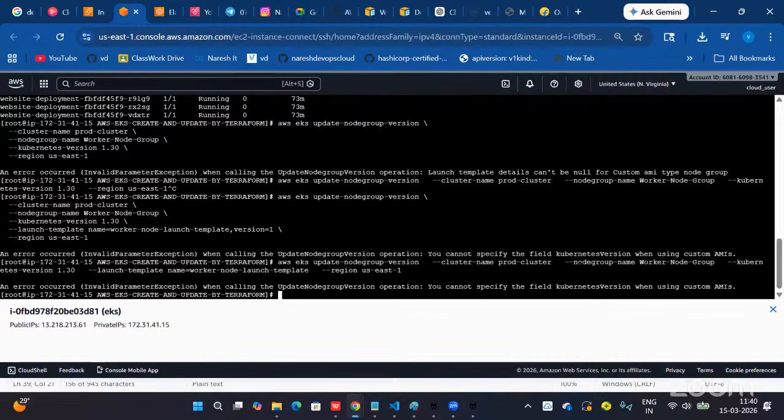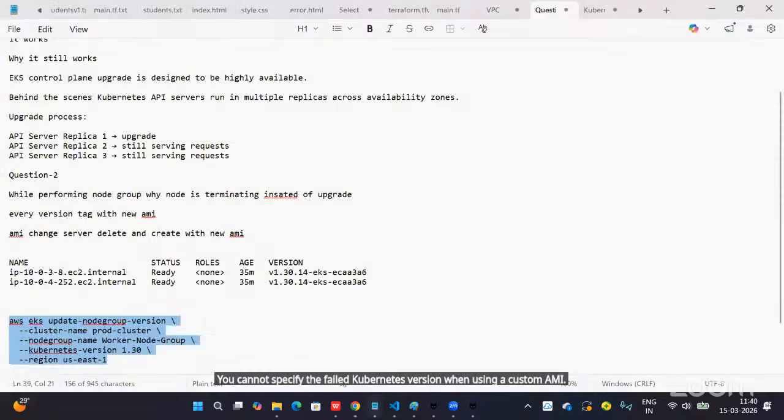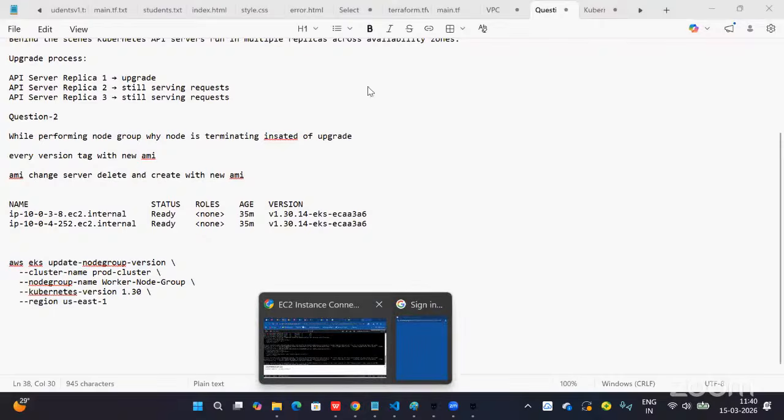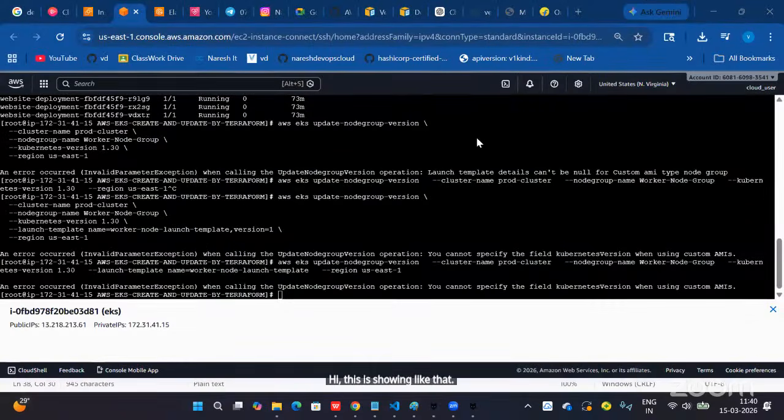You cannot specify the field Kubernetes version when using a custom AMI. Why is this showing like that? Kubernetes version.